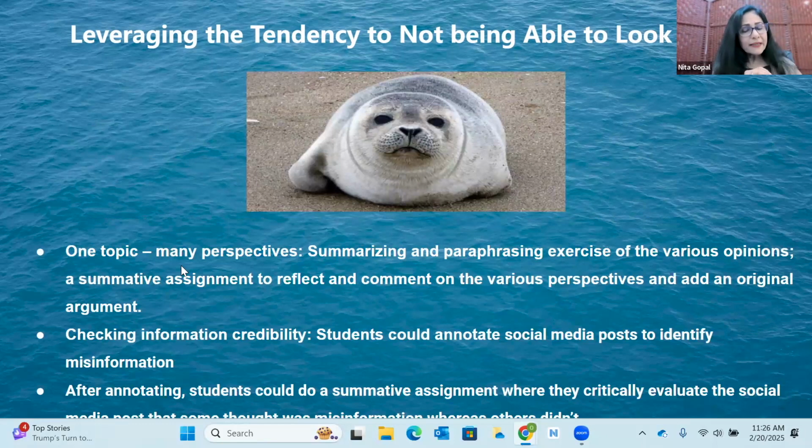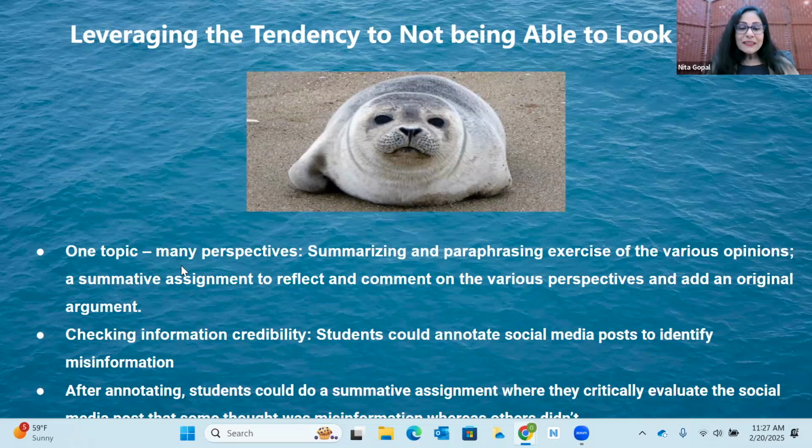They could also reflect on what they have summarized and paraphrased and comment. Let's get a commentary going on those various perspectives and add an original opinion. From this, maybe an essay will emerge. It'll all be based maybe on social annotation, but it's all you. You're trying to bring something new, standing on the shoulders of many. And that way we also get to respect all the perspectives out there.